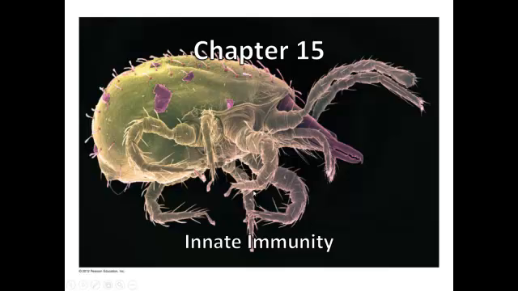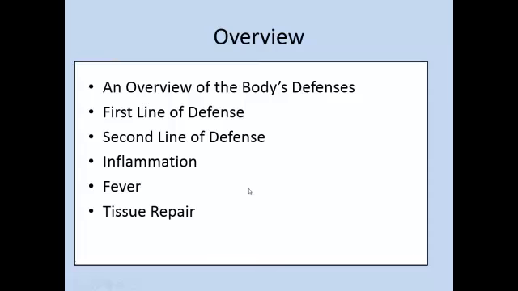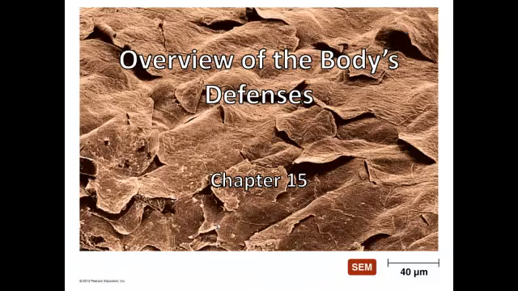Chapter 15, Innate Immunity. An overview of the chapter: we're going to talk about an overview of the body's defenses, the first line of defense, second line of defense, inflammation, fever, and tissue repair. Now, because that overview is really short, let's go ahead and launch into the first topic, an overview of the